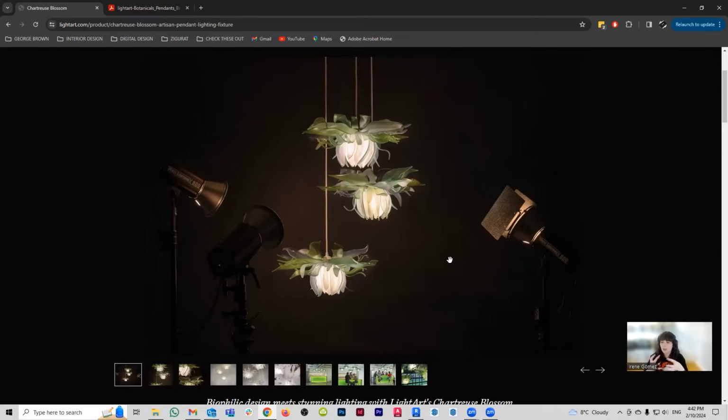So basically, the first thing that we need to do is figure out how we're going to build this. Immediately I can tell you that I'm going to have one object that is going to be this bulb element here, and I'm going to have 3 of them. Within each of these bulb elements, we're going to have a crown of leaves, and then a bulb of petals. So the globe is going to be this glowing thing with petals. And then we're going to have a cable that goes up to our ceiling. Okay. So with that out of the way, I'm going to start by modeling one of these guys. I just need one to begin with.